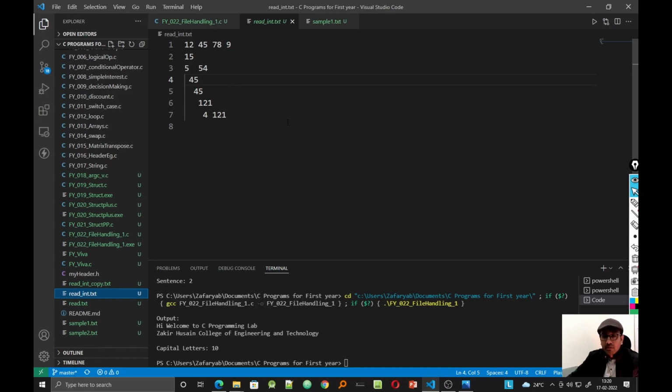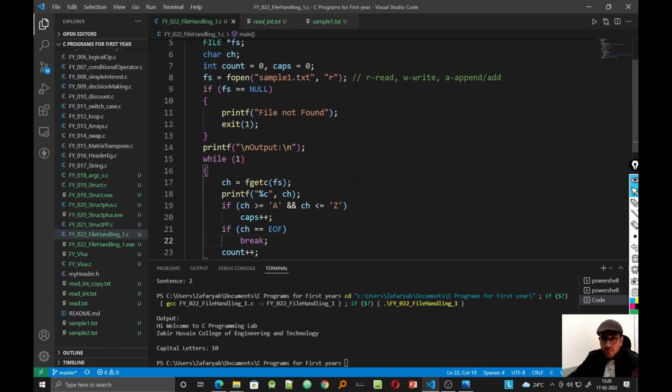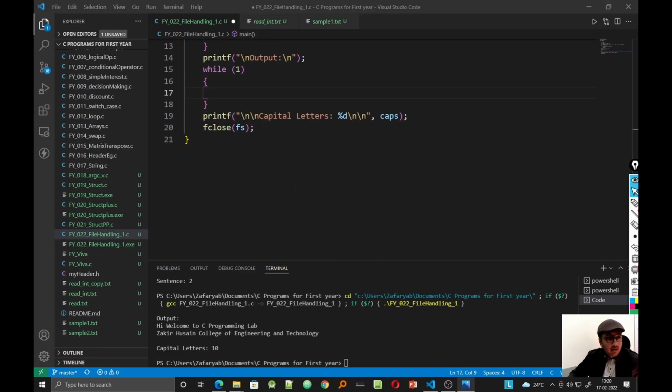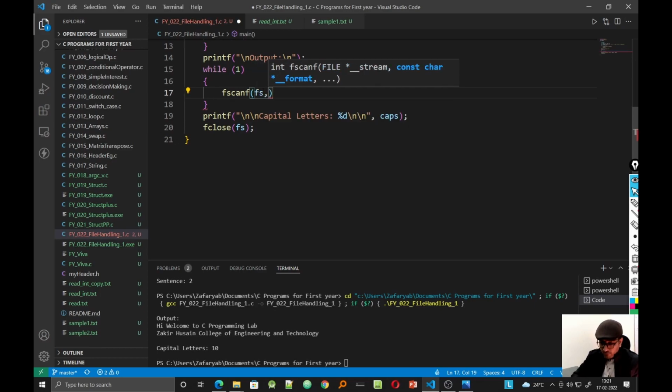You can read these numbers as characters, you can read these numbers as strings, and that is perfectly fine. But if you want these numbers to be accessible to you as integers, and if you want to initialize them into an array, then how to go about that? If you remember fscanf, then there the first thing is fs. The next thing is what kind of value you are looking for. So it's %d,